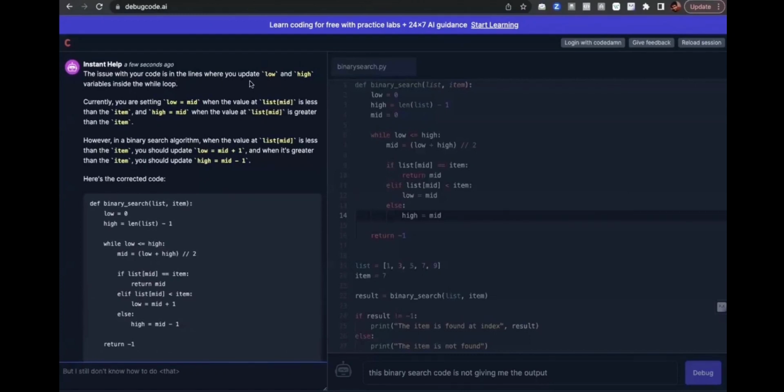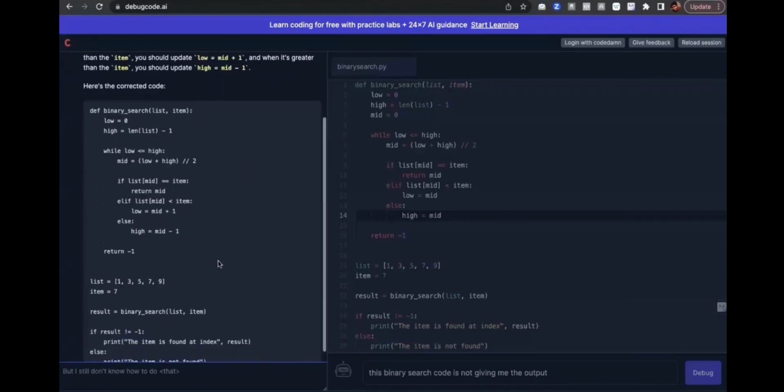The issue with your code is in the lines where you update low and high. Currently, you are setting low equal to mid when the value at list mid is less than the item, etc. However, in a binary search algorithm, when the value at list mid is less than item, you should update low equal to mid plus 1, and whenever it's greater, you should update high equal to mid minus 1. And it is giving me the correct code as well, which we got from